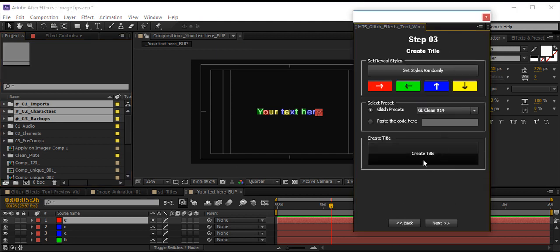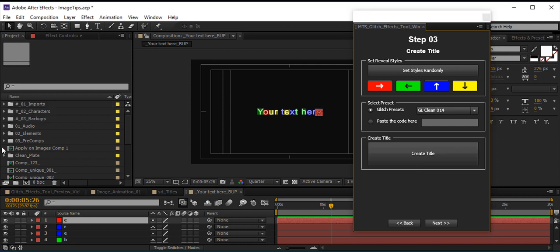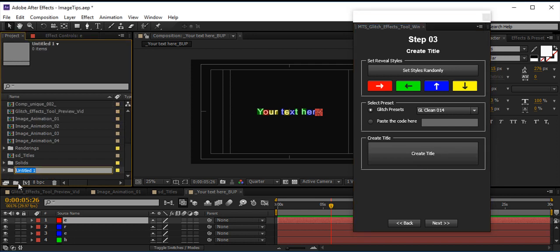If you're trying to create the title and it is not doing its job, and for some reason it is stuck in the middle, what you always have to check is whether these 3 folder structures are here. If they are not there, then start over with a new comp, or clean everything up right here, and try creating the title. What I mean by that is, if you have created something like 1, 2, 1, 2, 1, 3, something like that,